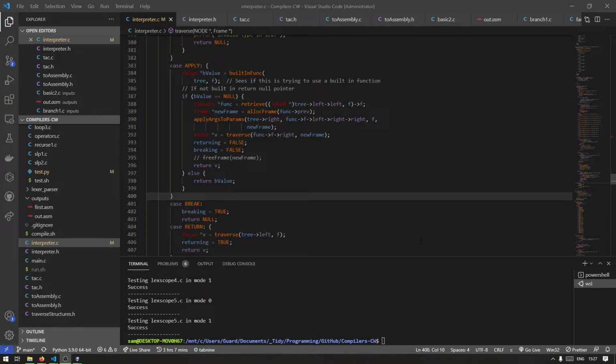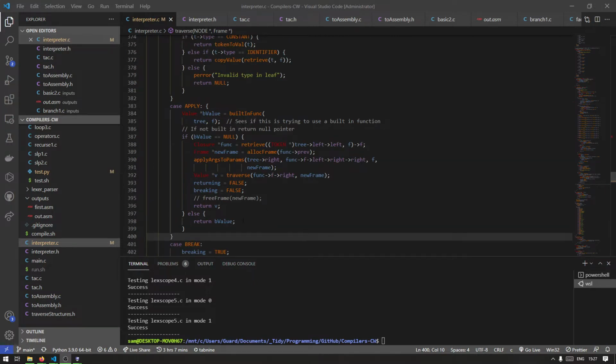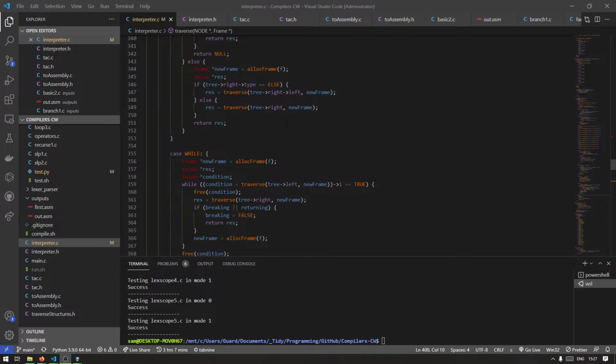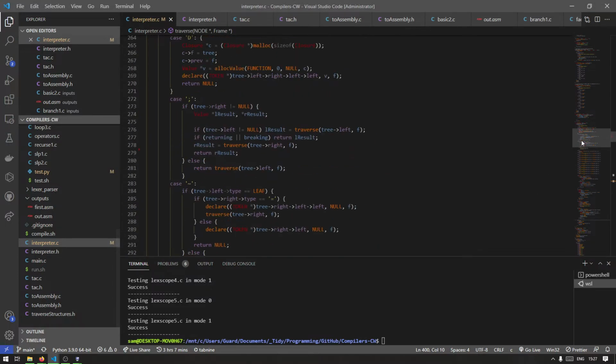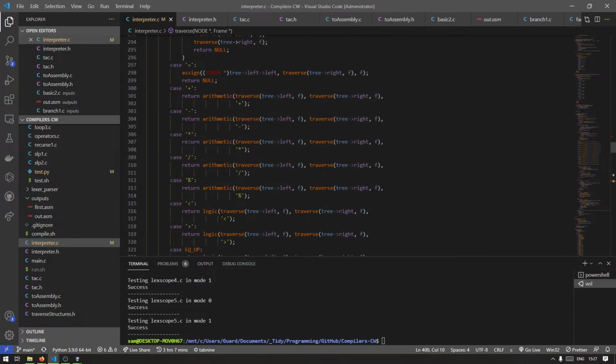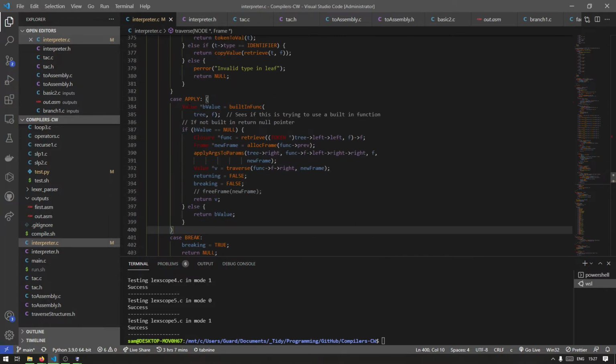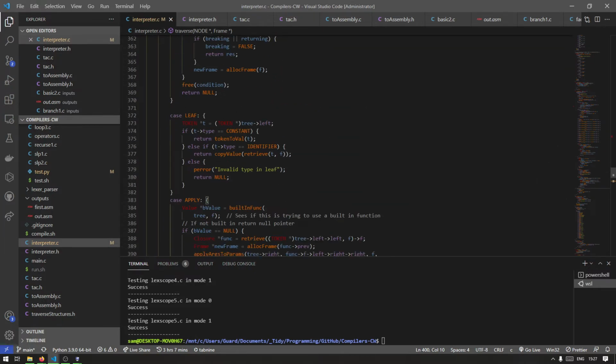Okay, so this is going to be a quick overview of, or just demonstrating my interpreter and my compiler. So let's start off with the interpreter. Here's the code for it. It has a traversing function that goes through each of the commands. And yeah, so I will just demonstrate